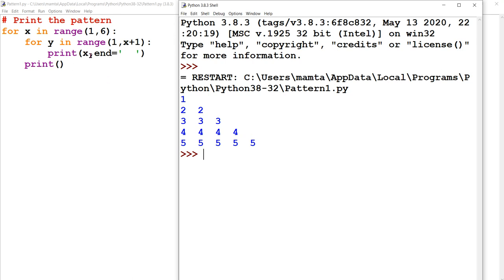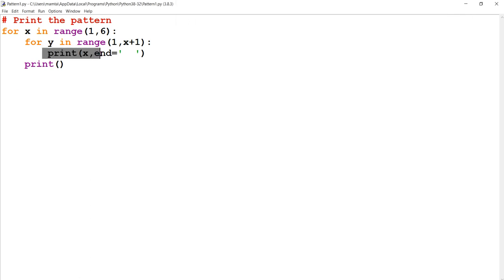So you have to consider which value you are printing. See, the outer loop and inner loop are responsible for giving the shape to the pattern. Which shape do you want? Do you want the data in one line, horizontal, or vertical, and if vertical, then what pattern? The outer and inner loops are responsible for giving the shape, and the data part is printed by this print x line.